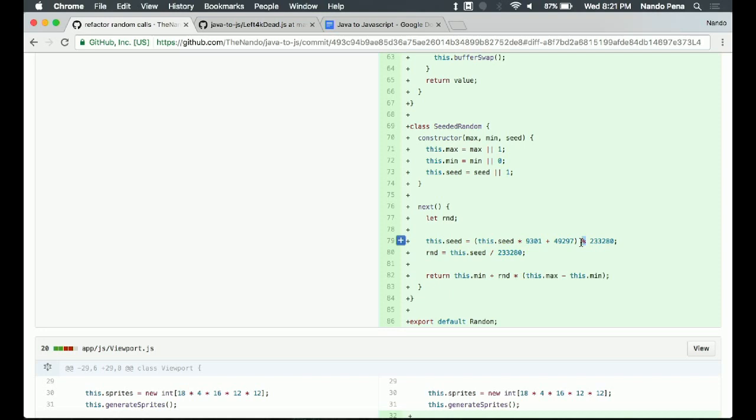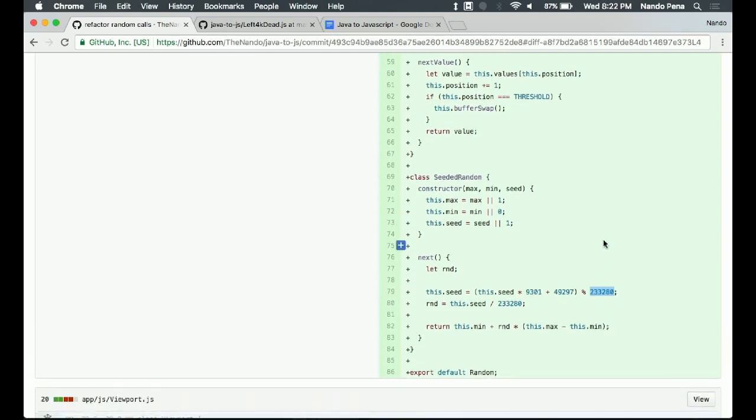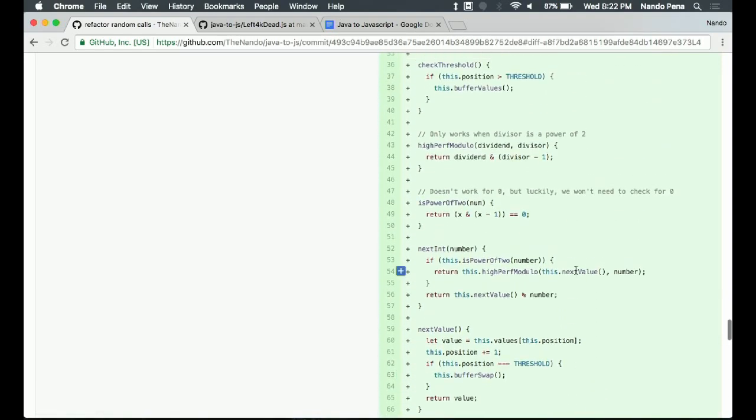Every time you use a modulo, it takes the number on the left and the number on the right, and it's going to literally subtract one from the other over and over again until the one on the right is less than the one on the left. So the bigger your number is, the less performance you get out of using a modulo operator. It ends up being very costly for large numbers, and to have a good random number generator, you're going to be messing with large numbers. So I ended up abandoning this, and I decided to go down a different route.